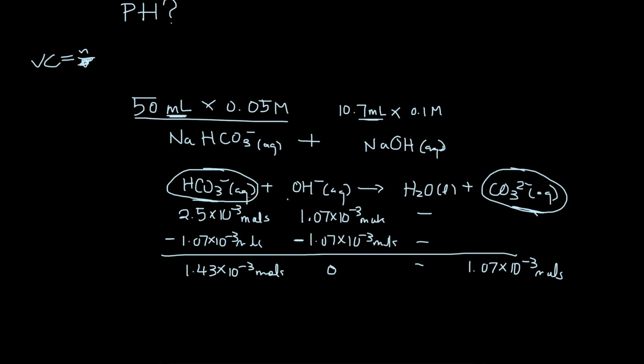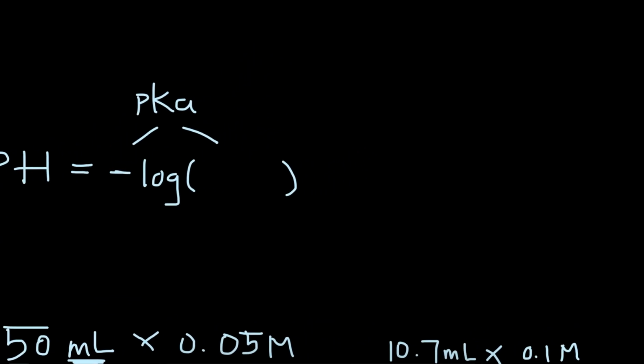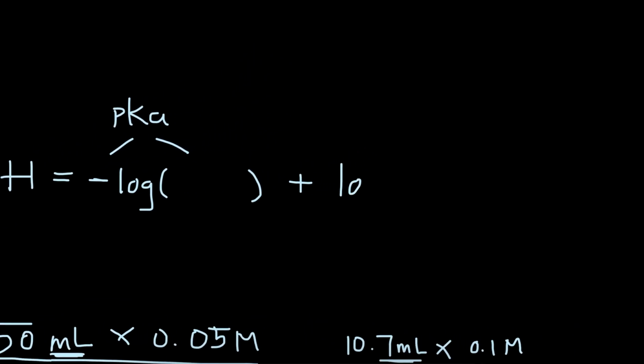The easy way to get the pH for a buffer would be to use the Henderson-Hasselbalch equation, which is pH is equal to pKa, and pKa is equal to the negative log of the Ka, plus the log of the conjugate base concentration over the conjugate acid concentration,